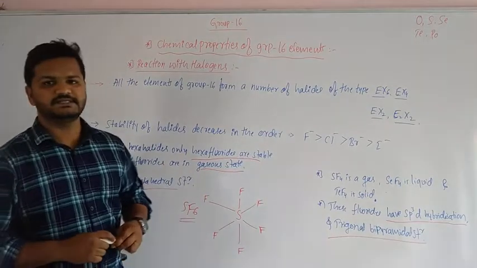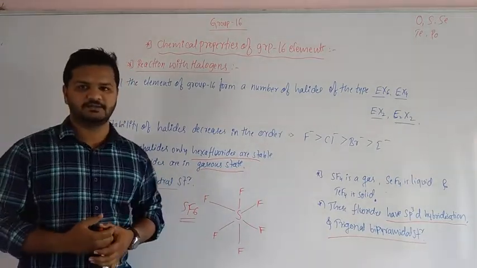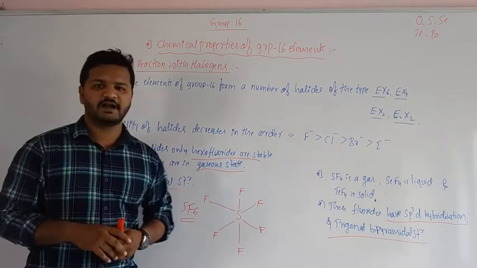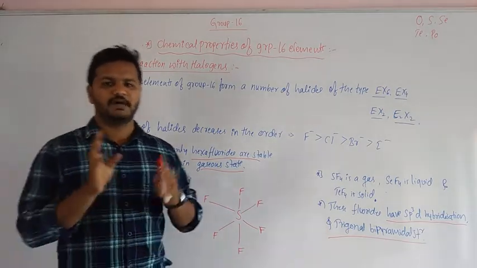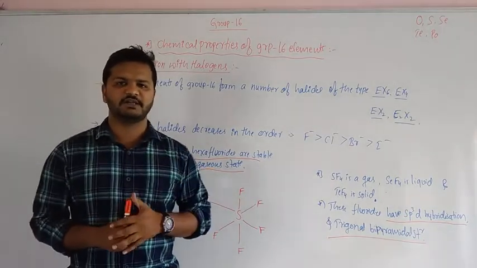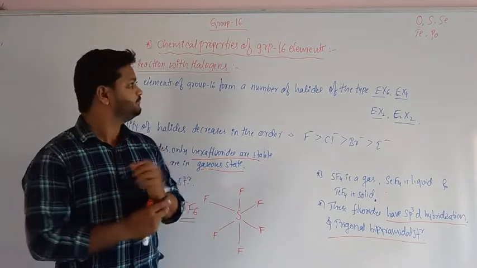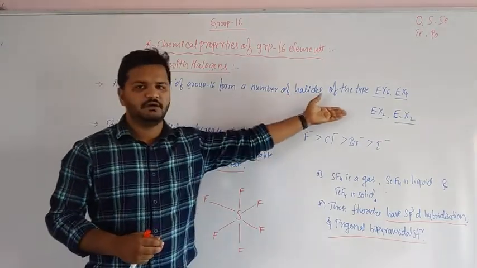So this is about the chemical properties of group 16 elements. When they react with the hydrogen, they form respective hydrides. When they react with the oxygen, they form respective oxides like dioxide and trioxide. When they react with the halogens, they form halides of the